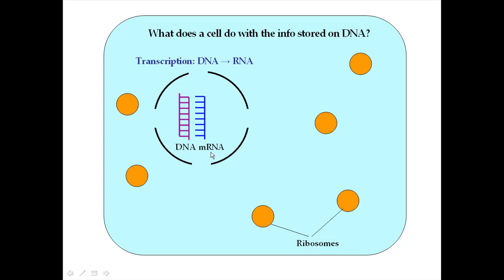So the reason, again, for making that RNA is because it's the holder of genetic information that actually leaves the nucleus to go to the ribosome, where the cell can now directly read this in order to make a protein. And again, remember, proteins are just a string of amino acids. So this process that you just saw here, where the messenger RNA is used to make a protein, that's called